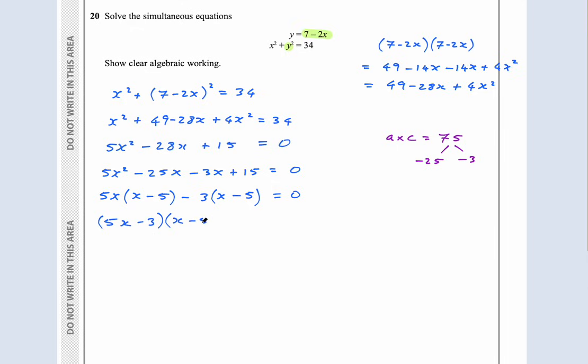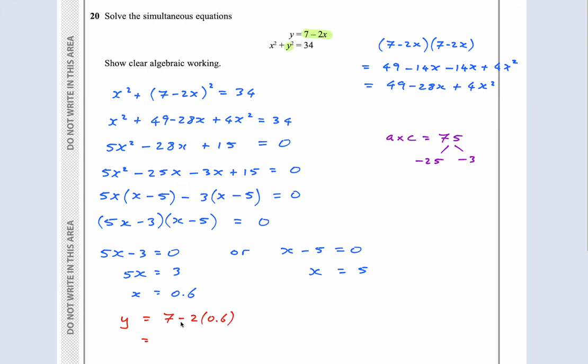brackets x minus 5 equals 0. Solve it by saying 5x minus 3 equals 0, or x minus 5 equals 0. Add 3 to both sides, divide by 5, we get 3 over 5, which is 0.6, and here x equals 5. When x is 0.6, y is equal to 7 minus 2 times 0.6,